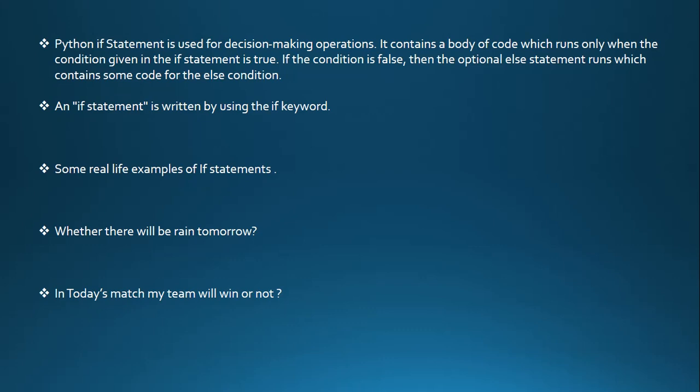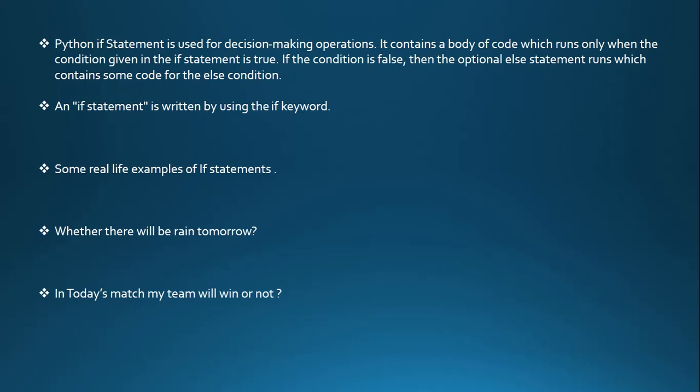If then the condition, like if a equals 10 or a equals 5, and if a equals 5, then we print whatever we want to print, like a equals 5. And else, if this condition is false, like a equals 10 and we are checking a equals 5, then it will go to the else condition, or you can say it will go to the else body. Then we will print that a is not equal to 5.